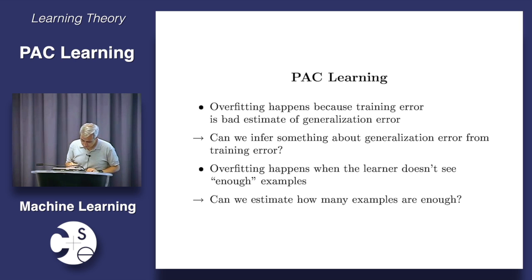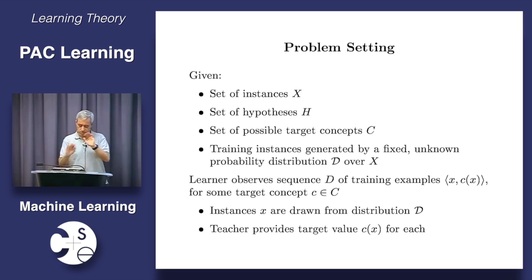So the other thing that we're going to be trying to figure out here is how many examples are enough. Can I have some sort of a priori estimate of how many examples I'm going to need to use in training in order to guarantee that I have pretty good generalization? Okay? So what we're going to look at here are answers to these questions. As usual in theory, let's start with a few definitions, but these are definitions that we mostly already know. So I'll go through them quickly.